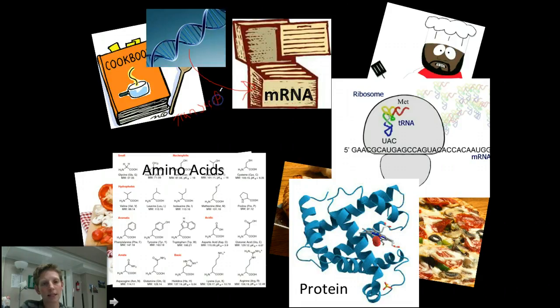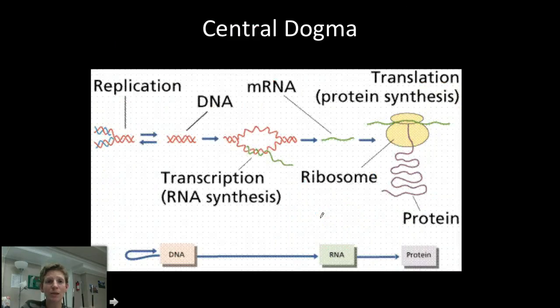And then it takes that representation of a part of the DNA to the ribosome, outside of the nucleus, and assembles amino acids in a specific way to make proteins. That part is called translation. This first part is called transcription, and the second part is called translation, and that's what we're going to learn more about now.